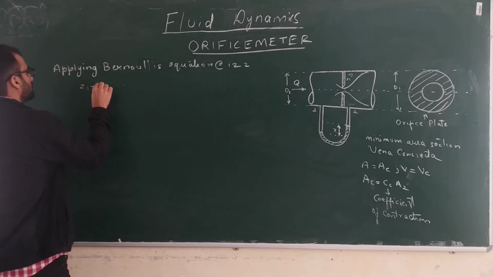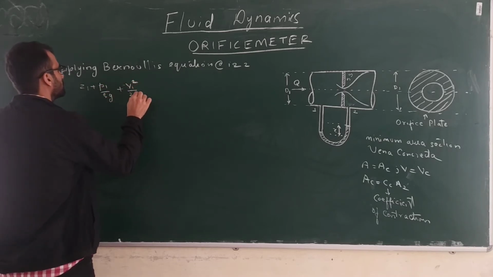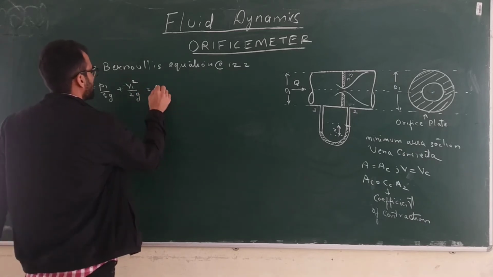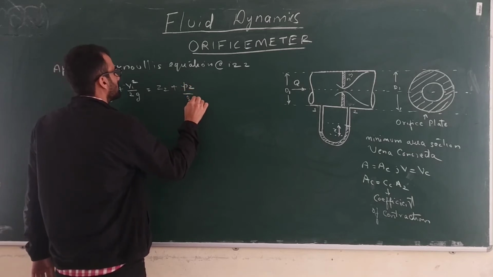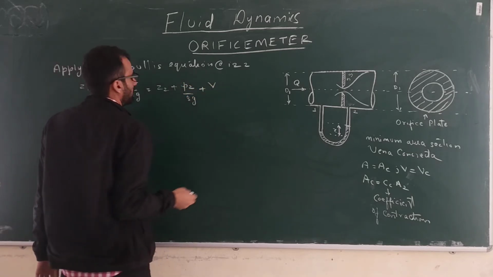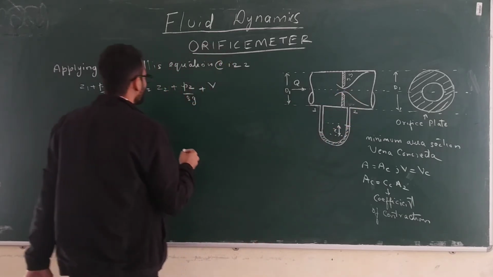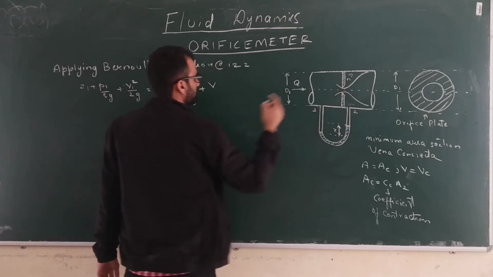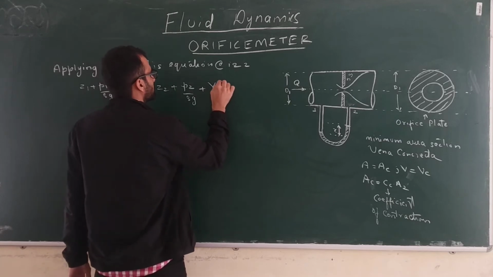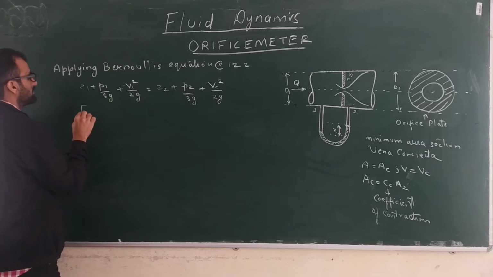Z1 plus P1 by rho g plus V1 square by 2g should be equal to Z2 plus P2 by rho g plus, here in place of V2 square I can just write Vc square, because our measurements are at location number 2, but here the velocity is the velocity of the vena contracta, so Vc square upon 2g. Okay, so finally what we need is Z1 plus P1 by rho g